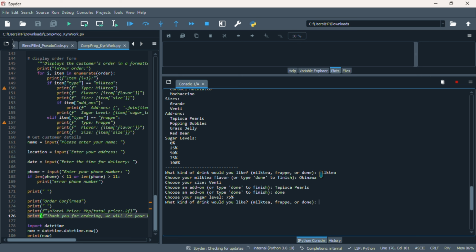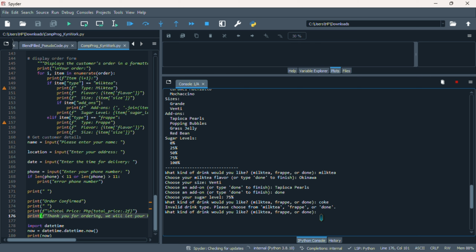and as the loop goes on, after I ordered my first item, the system will ask again, what kind of drink would you like? So let's try entering something that isn't on the menu. Let's try to put Coke and see how the system reacts. As we can see, the system reacted and says invalid drink type.